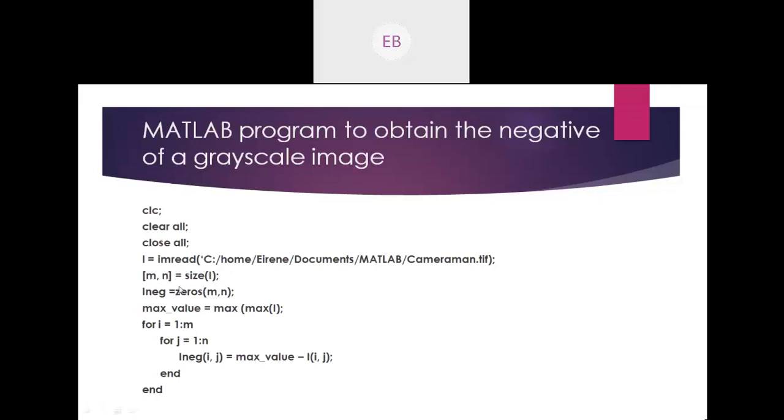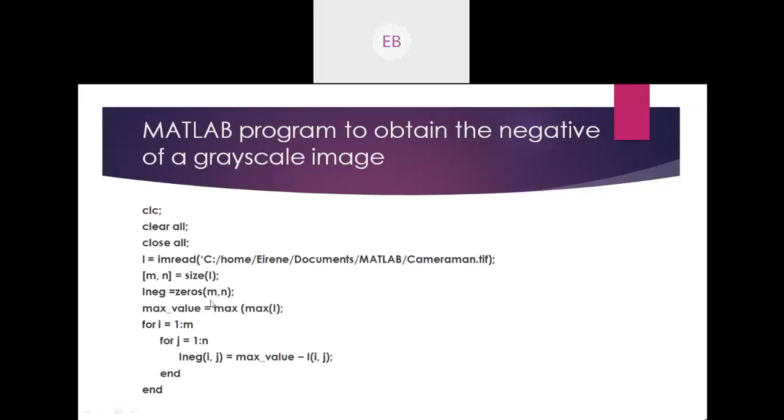This command will get you a digital image in the form of a matrix of size m comma n. So the whole command is m comma n equals size of which image? That is the I, whichever image you wanted to extract. I used the variable I, so size of I. It will define this I variable.